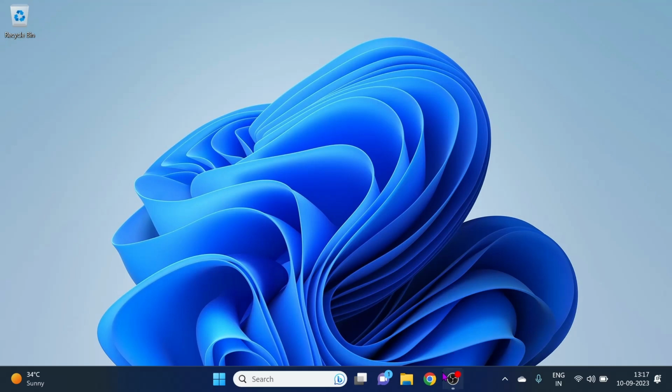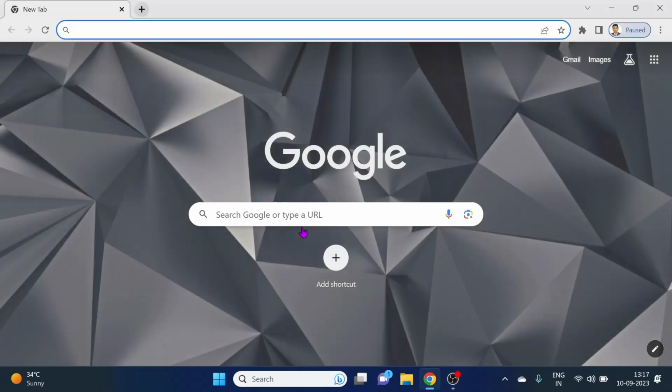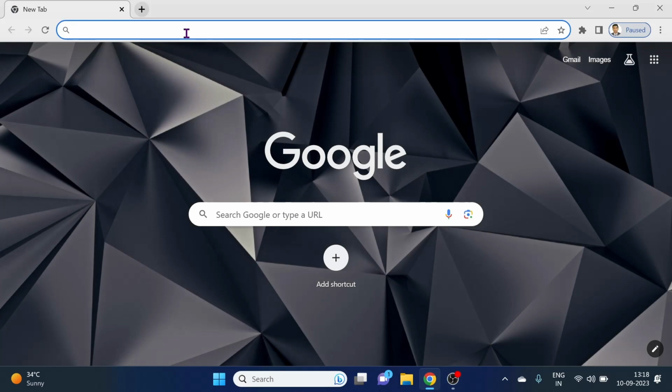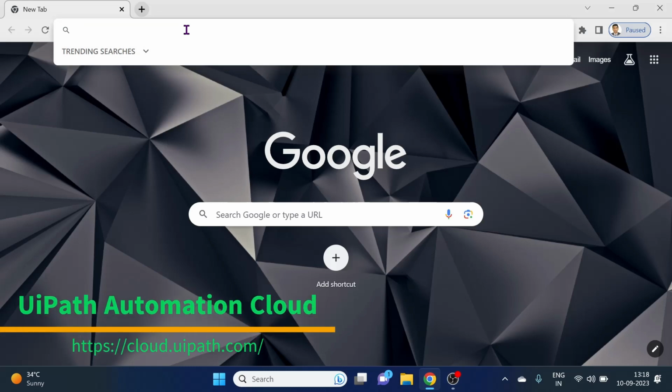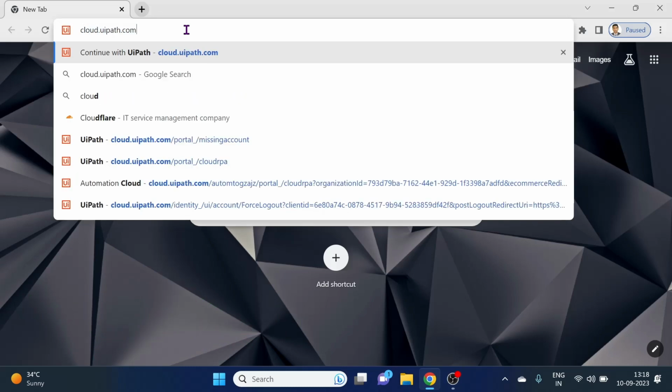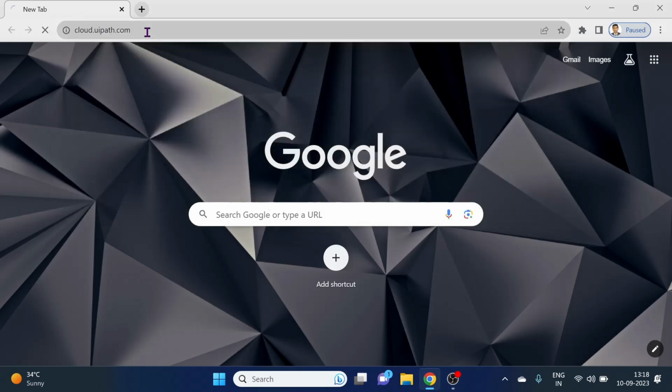So for me, I am opening Chrome. After opening Chrome, we need to go to one portal from UiPath that is known as UiPath Automation Cloud. So here I am typing the link of UiPath Automation Cloud. So the link is cloud.uipath.com. You can see this is the link we need to go with, cloud.uipath.com. I need to press enter,